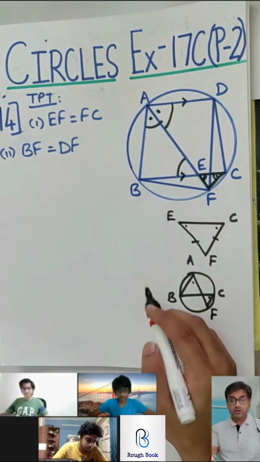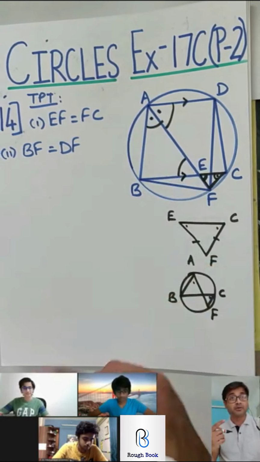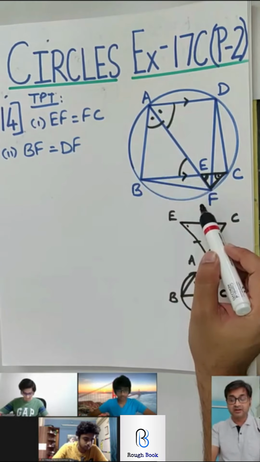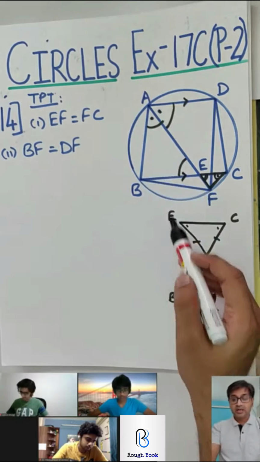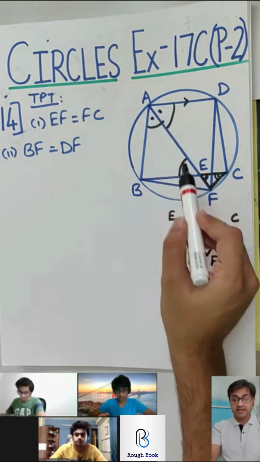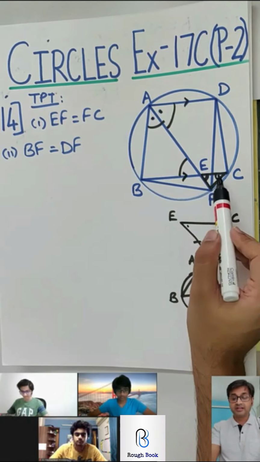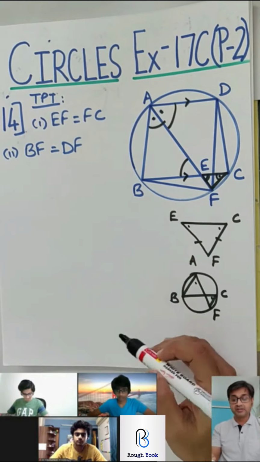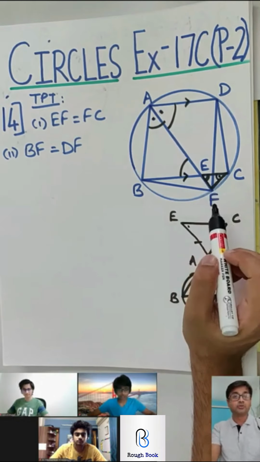So your step 1, you're going to say angle BAF. Please listen guys so that you can start writing and let's see whether we can reach today. So first is angle BAF is equal to angle BCF. Write the entire statement: angles inscribed in the same arc are congruent. Then you will say DAE equals AEB, alternate angles, and then AEB equals CEF, vertically opposite angles. Finally, therefore CEF is equal to ECF from whatever points that we've written, and therefore the triangle is an isosceles triangle, and therefore EF is equal to FC.